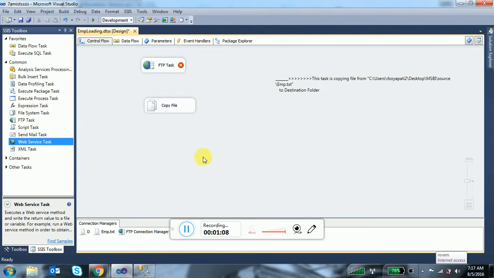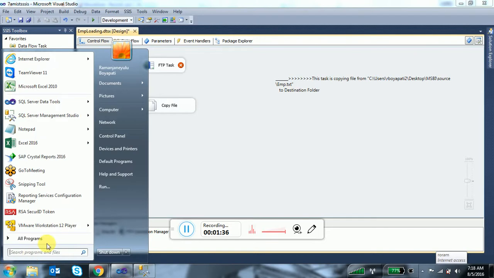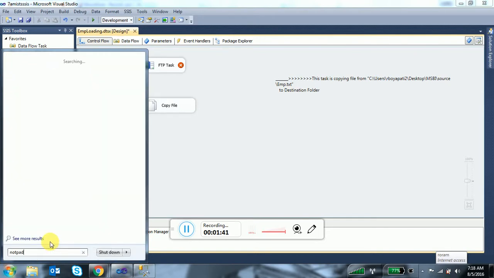For example, if you want to open a notepad, there is definitely a notepad.exe, and whenever you click on the notepad icon, it will run the .exe file and do whatever operation you want to do. So whatever executables you run here, the same you can execute from SSIS also.